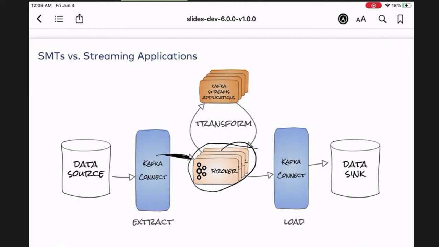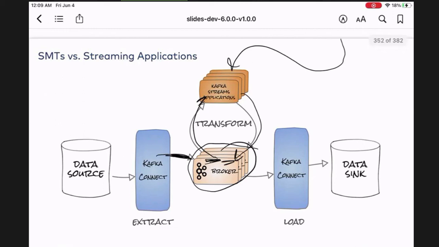And if you're a developer already and you don't care to learn this configuration, it doesn't matter. When it's in Kafka already, you just write a simple Kafka Streams application, do a filter, map, whatever you want, and then produce your output back to Kafka. And then you can do whatever you want at that point.